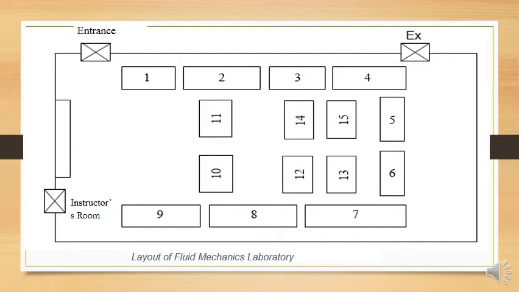Okay, this may be a notice board or blackboard, but it's not now used for teaching purposes. It is just used to display certain things. Just ahead of that, you can see the instructor room in the other corner of the room. This instructor room is a staff room, where one person can sit, and there is a small office for the lab supervisor to sit.